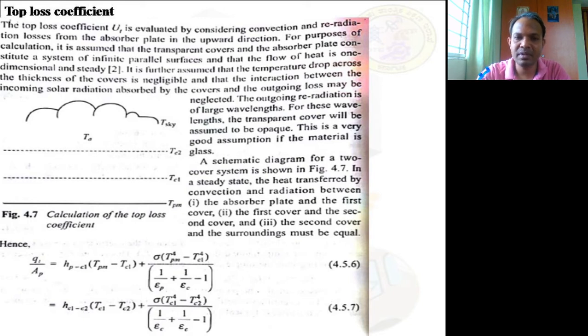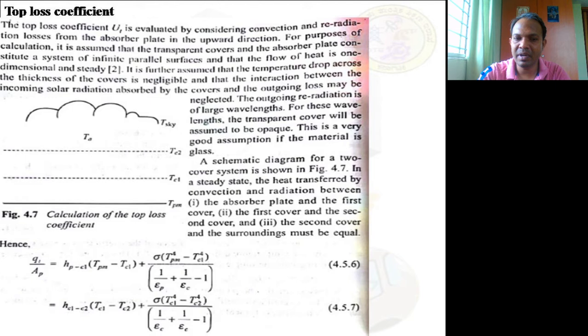In the first expression, we have done the convection between the absorber plate and the first plate. The second one we are doing between the first plate and the second plate. It is only because, my dear friends, apart from the mechanical engineering students, you may feel it difficult to understand. Please be careful here. Once again, the first expression tells us between the first plate and the absorber plate. The second expression which I am placing over here is between the second plate and the first plate. So obviously the temperature difference we should take is between Tc1 minus Tc2.